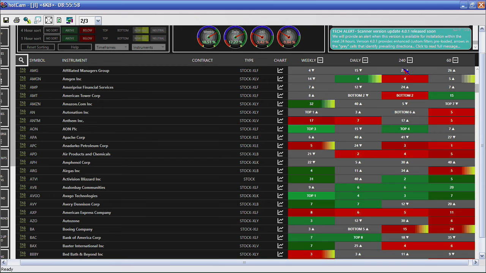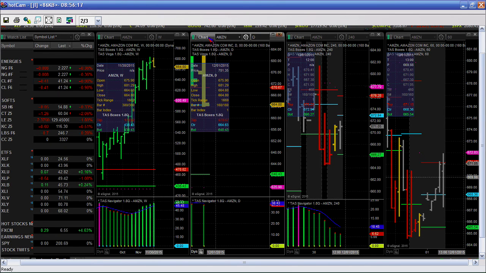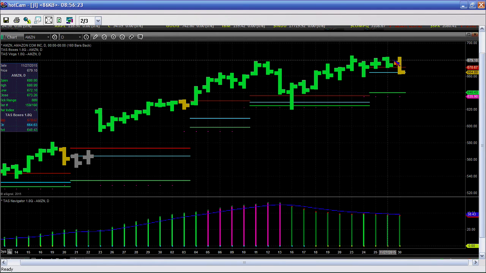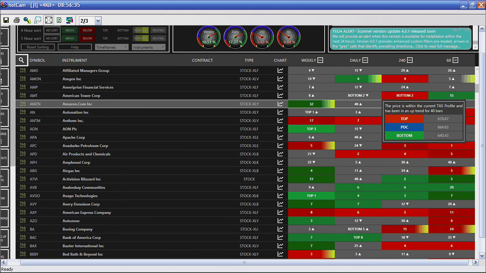Even though we've got an orange bar here on our daily, this daily doesn't change and upgrade itself on E-signal until it gets right at the market opening on the daily bar. So this is yesterday's daily bar. The current price is actually 671.05, and that's showing 664.80. So in the scanner, we told you we're going to have pre-market calculations now in the scanner. This is holding true. There's Amazon, right there. I'm blind. And it's showing within the box now and showing 40 and the arrow up.